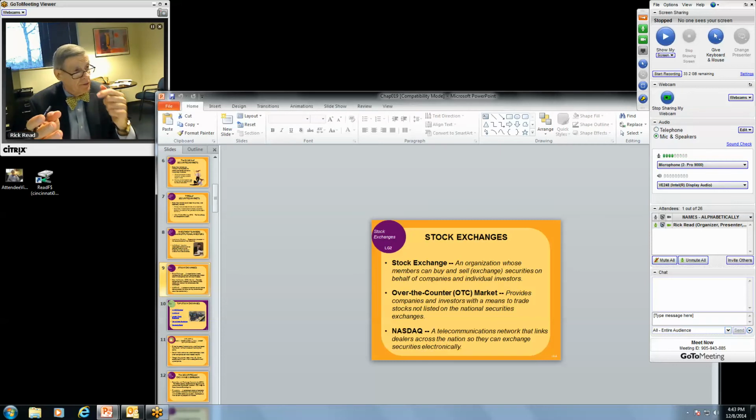How long that's going to continue, I don't know. NASDAQ was kind of supposed to replace that, or that philosophy was for the New York Stock Exchange, but that has not happened as of yet. NASDAQ does this electronic trading of securities. There is nobody on the floor. The NASDAQ stock market is tech heavy. And what I mean by that is most of the stocks listed on NASDAQ are in the general computer industry.